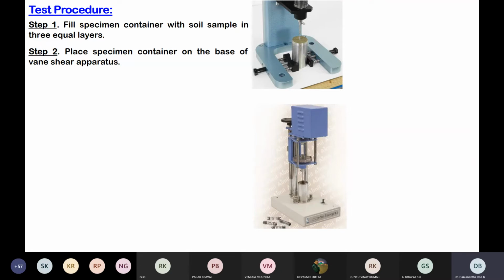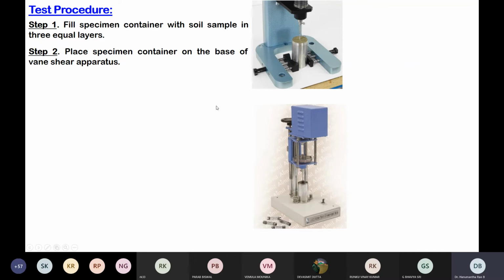Though we normally talk about clay soil samples, there are clays and there are soft clays. Usually the soft clay shear strength is less than 100 kilopascals. Any clay which exhibits a shear strength of less than 100 kilopascals, or even much less, in fact 50 kilopascals, is called a soft clay. Soft clays can hold a significant amount of water, usually higher than 100%. Because of the more water, there is very little strength.